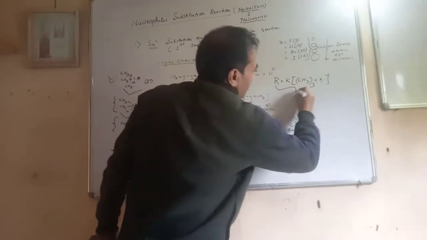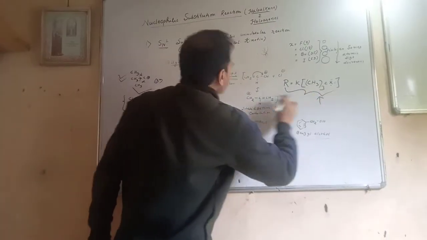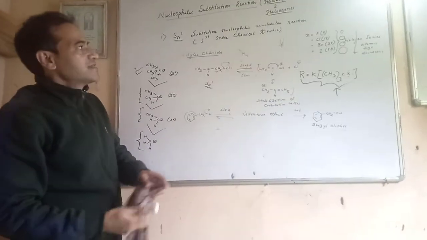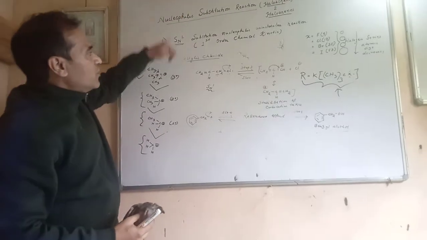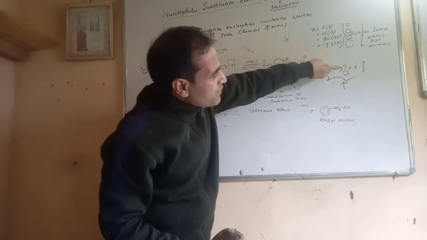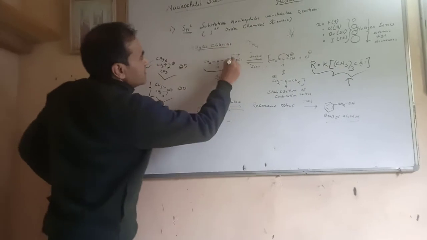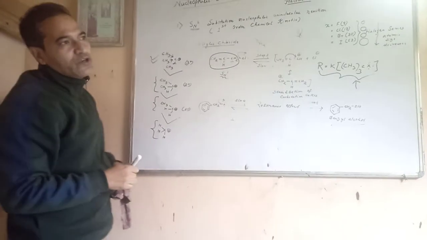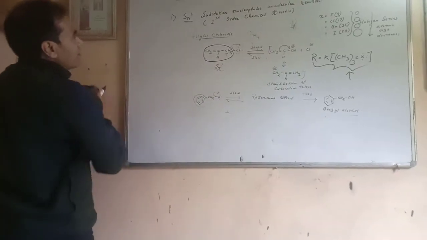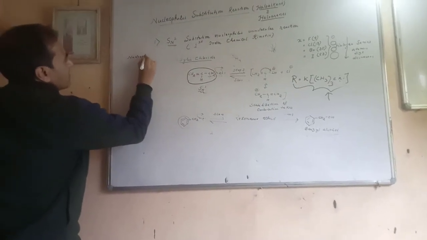So here the rate of the reaction is depending on only one substrate, but in the case of SN2 reaction, it is depending on the two substrates. Hence the name SN2 bimolecular, SN1 unimolecular, because the rate of the kinetics is depending on the concentration of only one substrate, which is nothing but this substrate. Here the nucleophile will not be taken as a substrate. Now some of the nucleophiles which we use in chemistry very often.